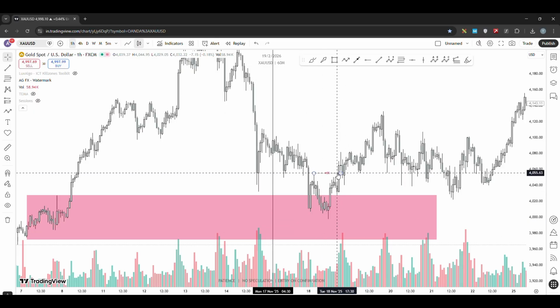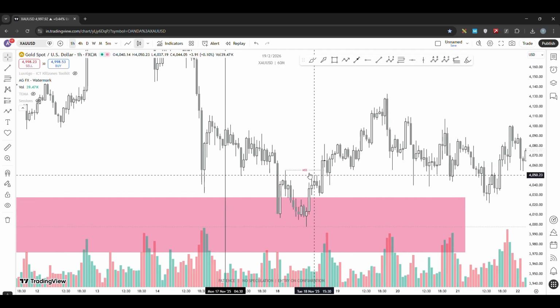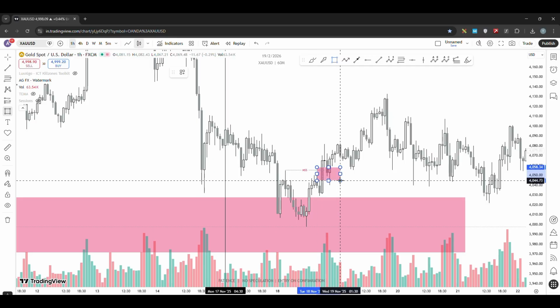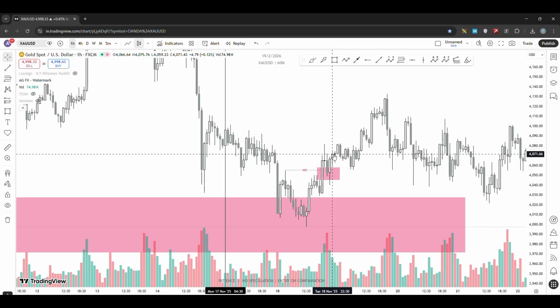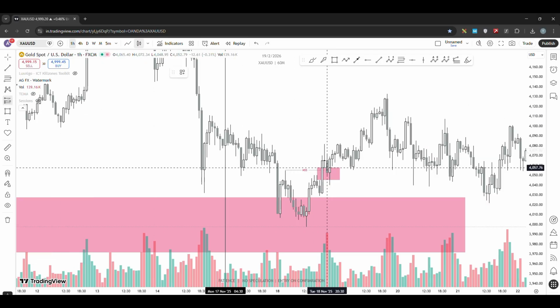So this is our confirmation for our entry. And most importantly, I told you, along with market structure shift, we also must see fair value gap being created. So as I can see, market has also created fair value gap along with market structure shift. So now that we have got our confirmation, we can take our entry from the fair value gap or from